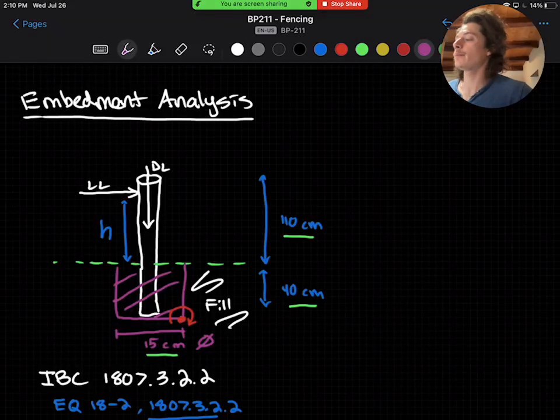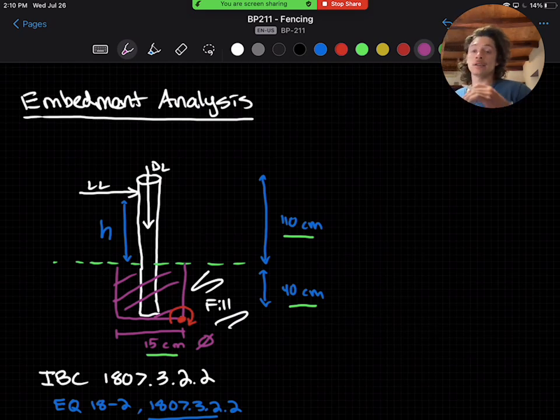We now know that the post is sufficiently strong. However, we also need to check the capacity of the embedded material to make sure the post will not tip over or pull out. So we'll look for IBC section